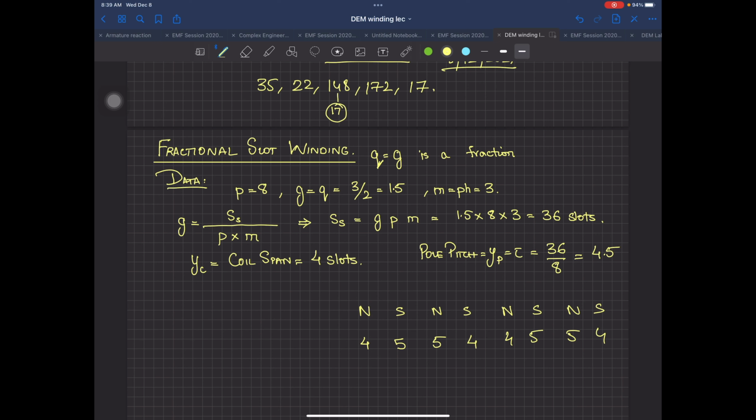One thing very important. If I have kept it at 4, is it a chorded winding or a full pitch winding? Yes, this is an ambiguity over here, because at some poles it will be 4, at some points it will be 5. So it is going to be a difficult choice. Now we have to find out whether the winding will be possible or not. So this is very, very important, how you are going to see this.